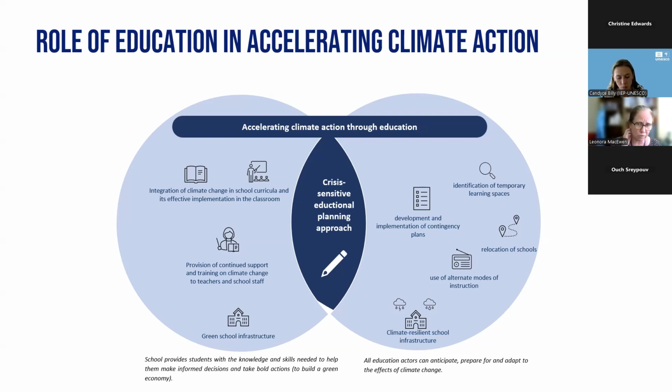But also things related to infrastructure, ensuring that green infrastructure is available within schools, and green waste management as well. And then there are also measures related to planning for the continuity of education, and hazard-free localization of schools, looking at whether schools are located in flood-prone areas or where landslides frequently occur. Can those schools be moved, or is there other land that can be made available? All of these are measures that can help education actors anticipate, prepare for, and adapt to the